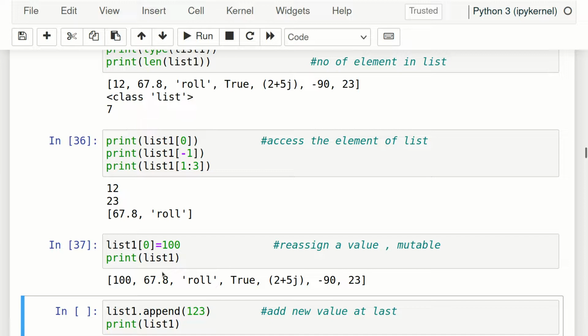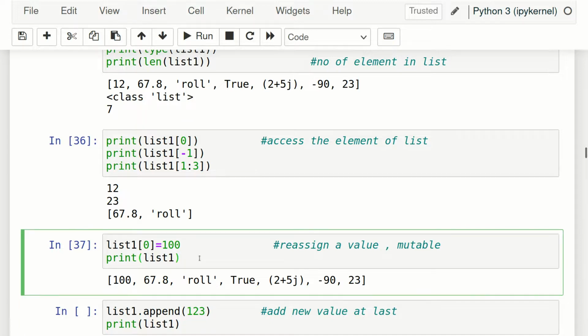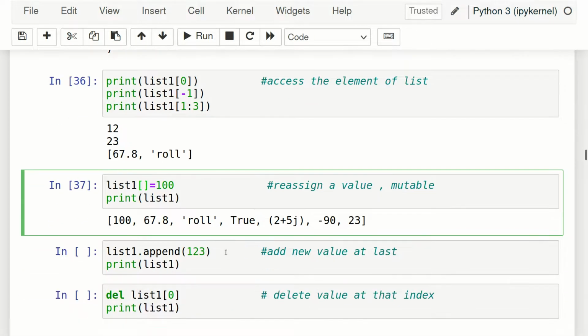Sorry. If we try to change the value of a string, it will give an error. So a string is immutable, but a list is mutable. Okay, so keep this in mind. Similarly, we can change the value at any index. For list1, suppose I want to change the value at index 4, then we can do it. Index 6 also, anything we can do. So this was how to change or reassign a value.